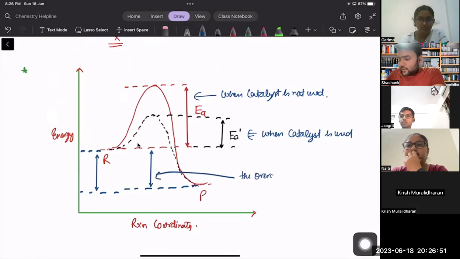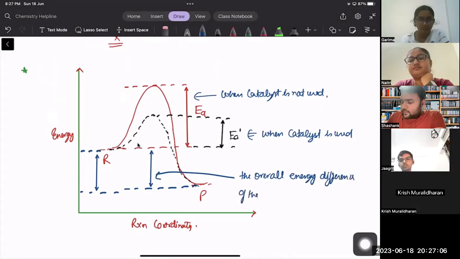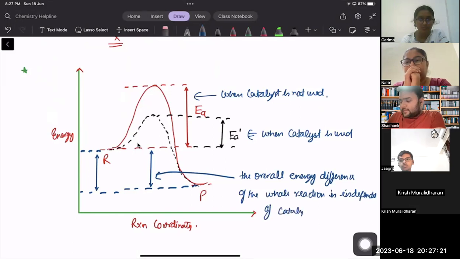the overall energy difference of the whole reaction is independent of catalyst. For example, let's say Natri is trying to break my head and she knows that she has to